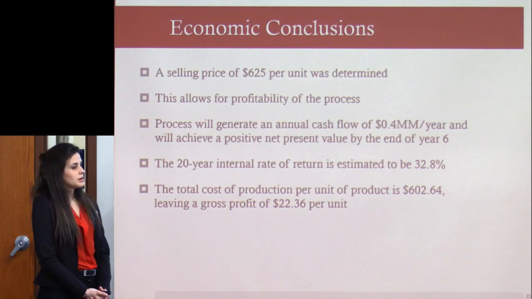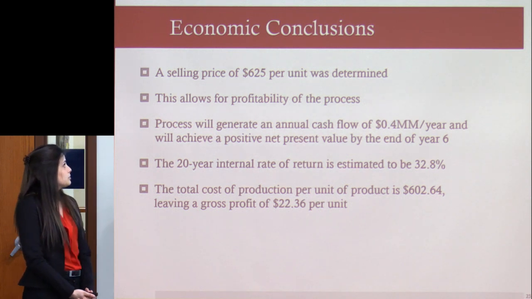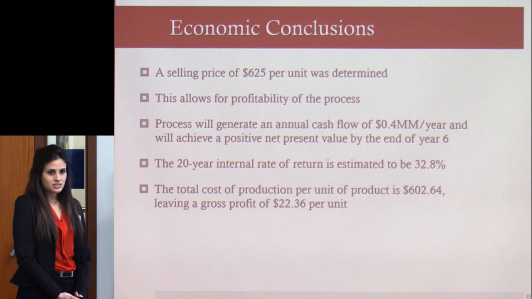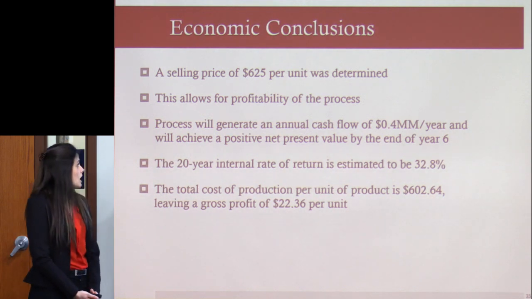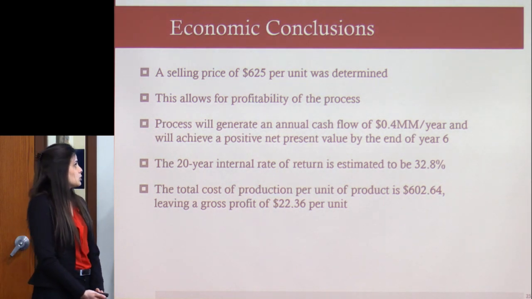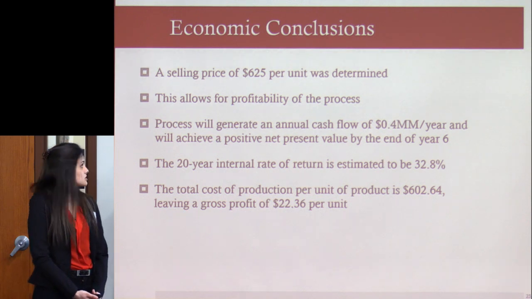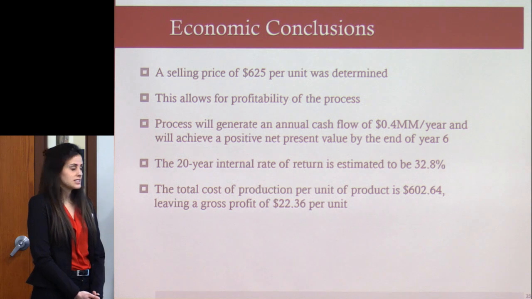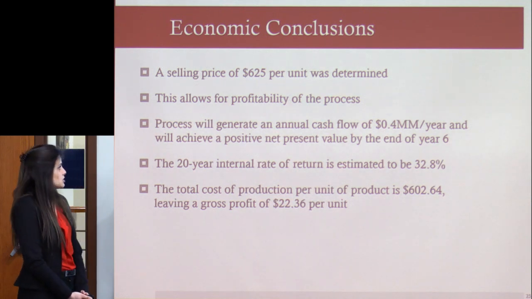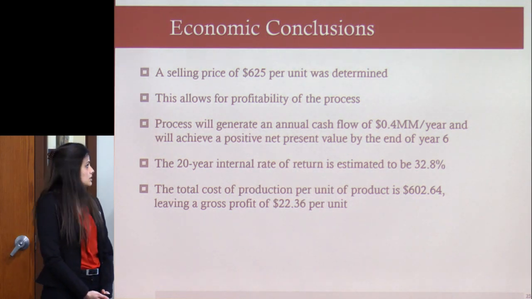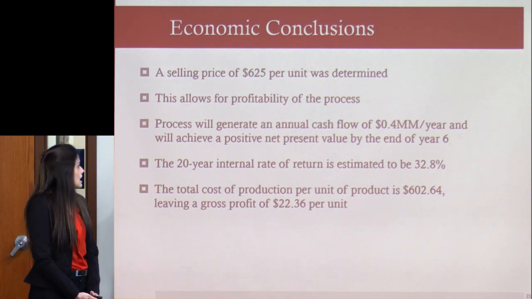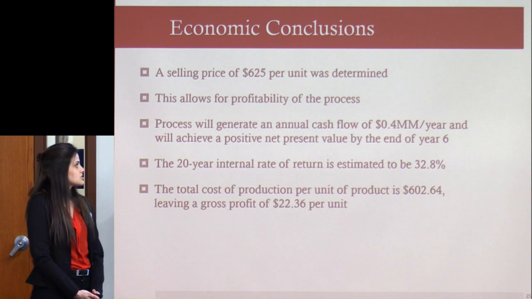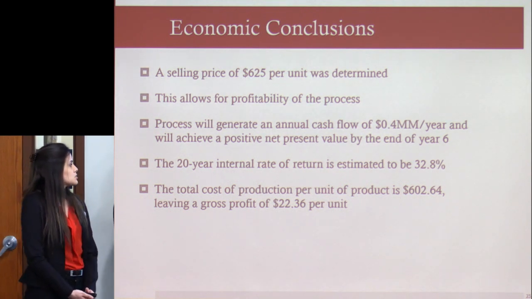So from all this, we determined that we had to sell our blood for $625 per unit, and this just allows us to be profitable. The process will generate an annual cash flow of $0.4 million a year, and we can achieve a positive net present value by the end of year 6. The 20-year internal rate of return is estimated to be 32.8%, and the total cost of production per unit of product is $602.64, leaving us with a gross profit of